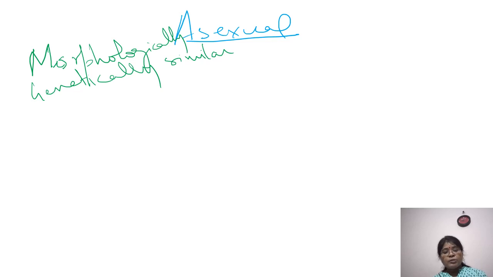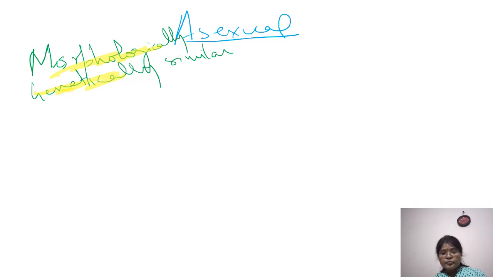So they are what? Morphologically and genetically similar means that they are same in their what? In their appearance. Okay, they are same in their appearance, and